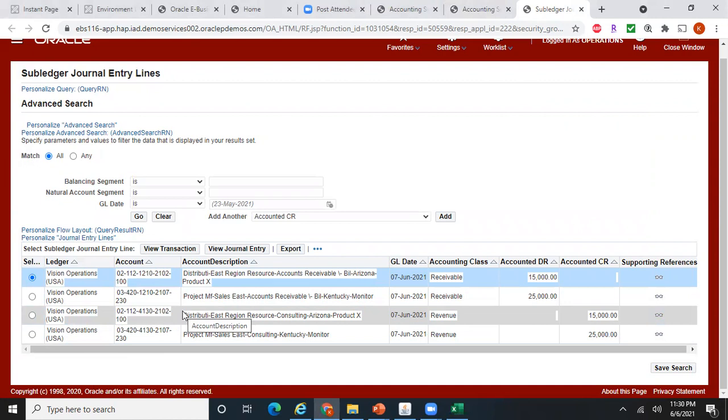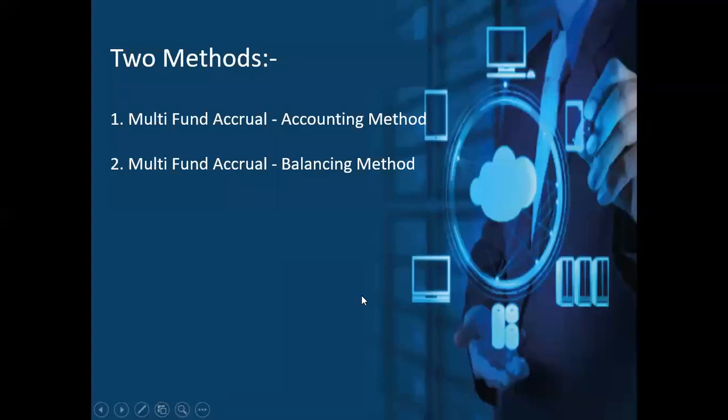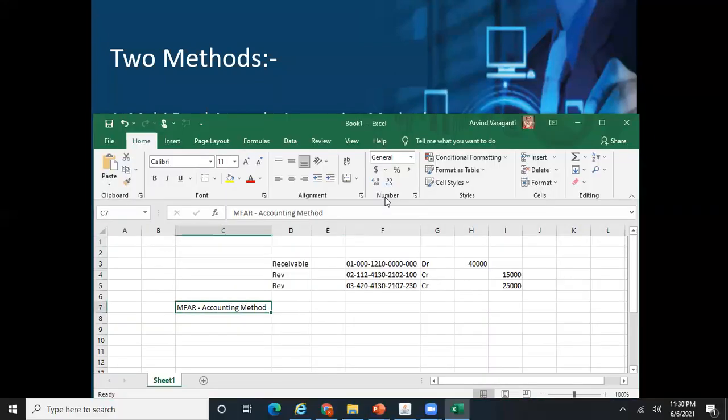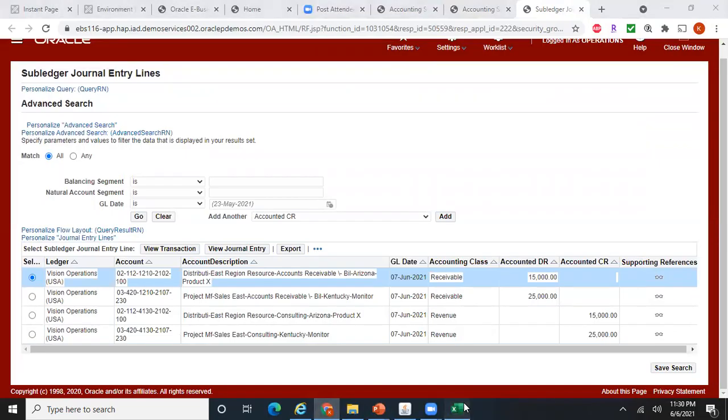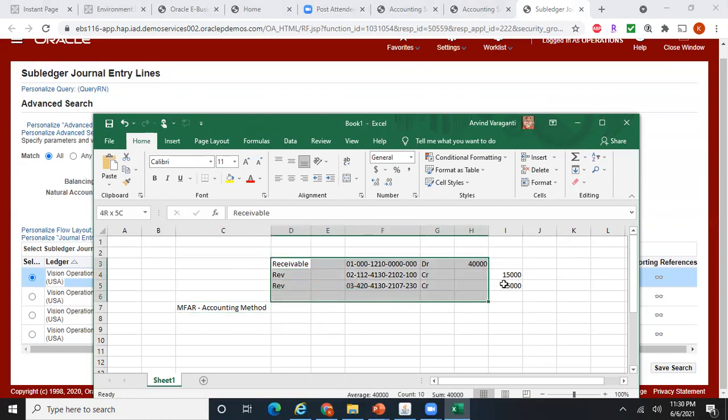So let us assume if you have only one revenue account, then obviously there will be only one receivable account. So this is with MFAR accounting method. Now if you use the multi-fund balancing method, let's see what will happen. With MFAR accounting method, let me make a note of those entries here.